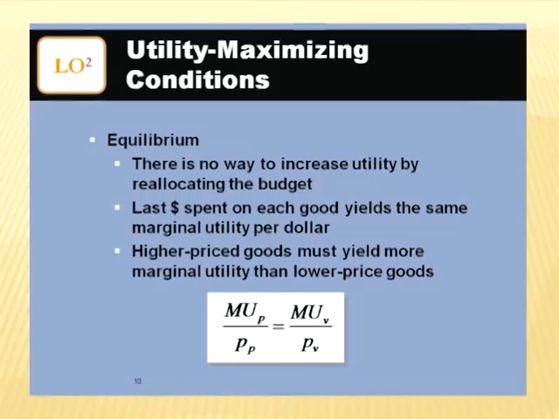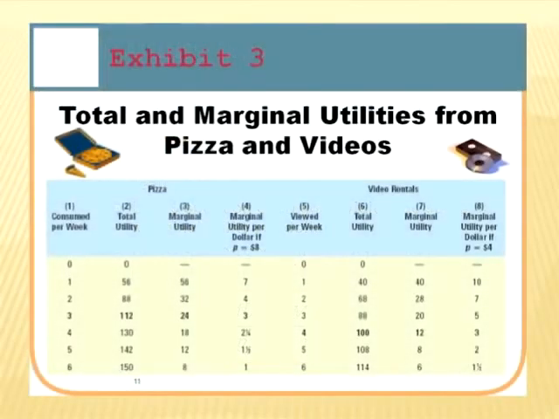Now, what that means, of course, is that higher priced goods, since the price goes in the denominator, are going to have to return us higher marginal utility, otherwise we're not going to like them. And lower priced goods, since the price is in the denominator, can get by with much lower utility levels. And so this explains why you buy things that aren't terribly expensive more frequently than things that are terribly expensive.